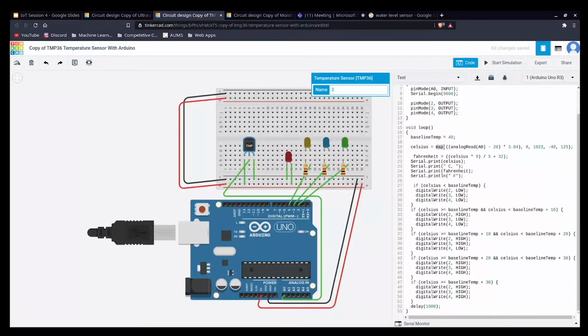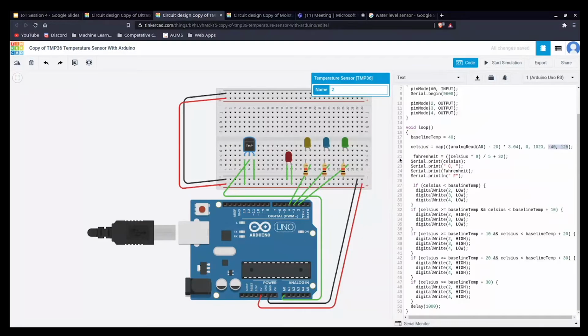And here we are using the map function. The input value range is 0 to 1023, and what the map function does is change the range of the value. The sensor gives values between 0 and 1023, and with the help of the map function, we are converting that range to between -40 and 125.